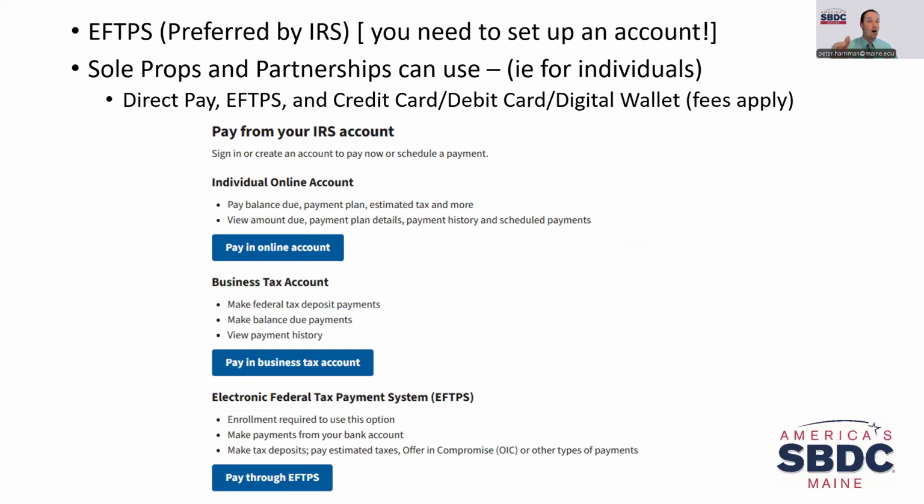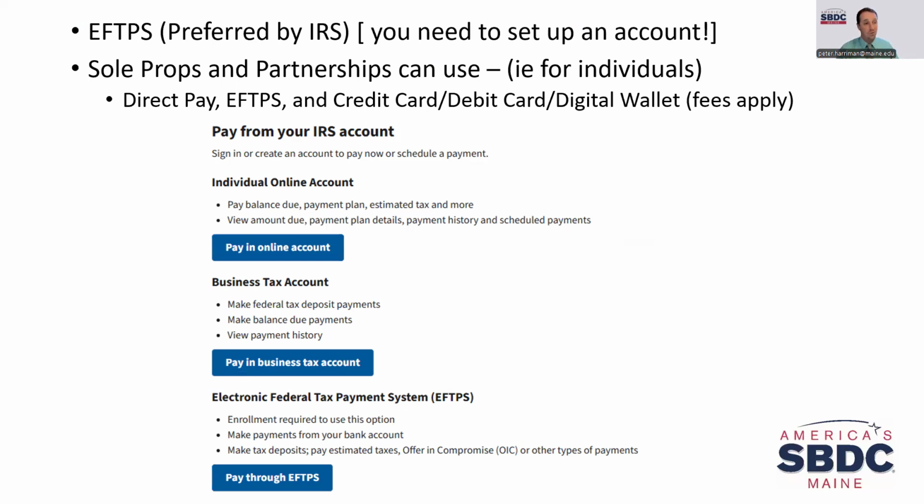It's an account where when you set it up, or you start setting it up in the system, the IRS is going to mail you, and yes, it's snail mail. They're going to mail you a 4-digit PIN back in the mail for you to be able to then complete the setup. So the EFTPS system is not something you're going to register for and be done in a day or two. It's something you're going to register for to start setup, and then the mailing will come a week later, and then you can pay. So don't wait till the last minute to set up your EFTPS account, right?